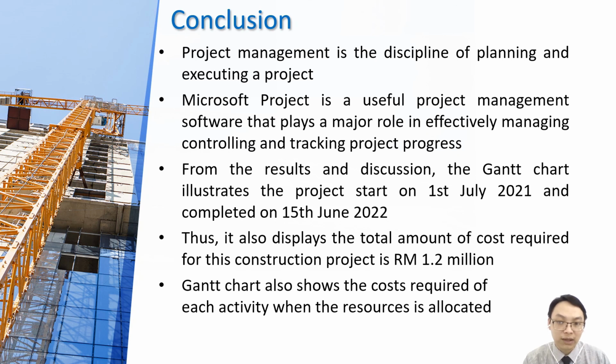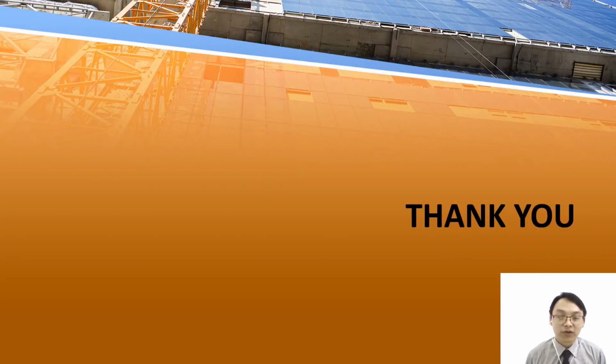Furthermore, two types of S-curve are constructed, which are the physical S-curve and the financial S-curve. From the analysis of the Gantt chart, the critical part of this project is determined, and this will enable the project manager to avoid any procrastination of critical activities and help to avoid any project impacts. Therefore, this is to ensure that the project is finished on time and within the budget allocated. That's all from me. Thank you, Doctor.